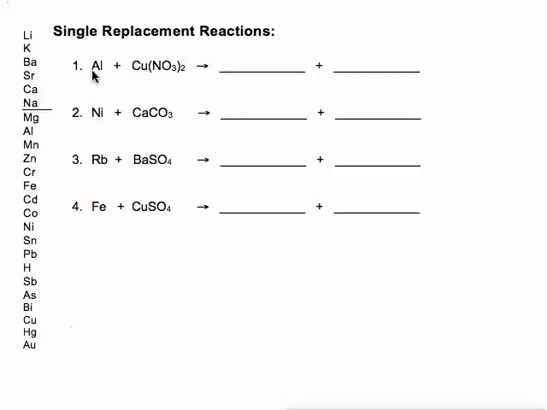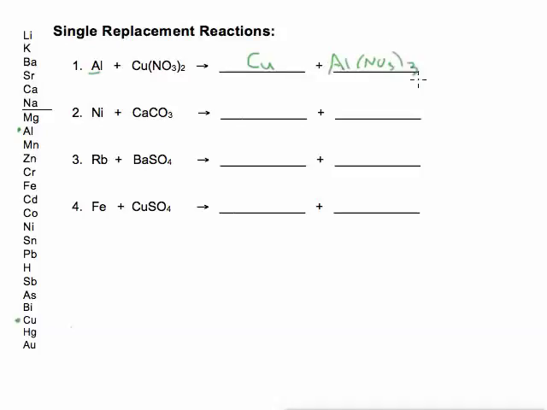So for number one, I want to know, is Al higher on the list than Cu? So let's find them. There's Al, and there's Cu. Since Al, aluminum, is more reactive than copper, this reaction will happen. What will happen is that aluminum and copper will switch places. We'll have copper, and then when we put aluminum and nitrate together, we drop and swap to get